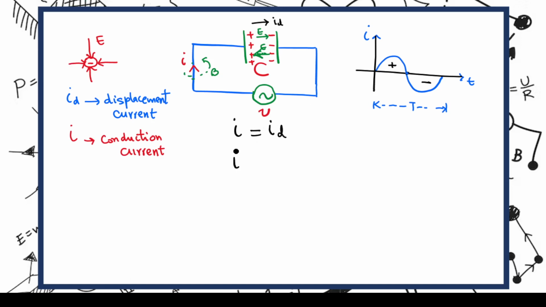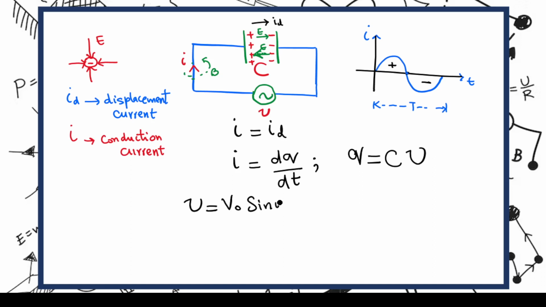What is current? Current is the flow of charges per unit time, and we know for a capacitor, the charge on the capacitor is given as the capacitance of the capacitor times the voltage across the capacitor. Voltage here in this case, V, is AC. We can express it as V naught sine omega t. So our Q will be C V naught sine omega t. Thus ID equals